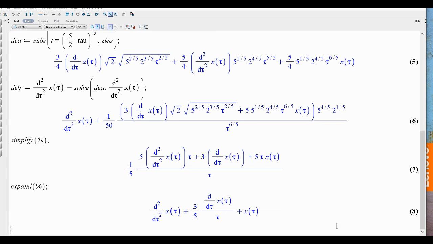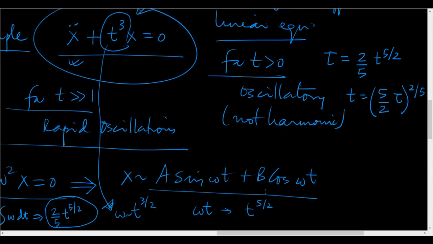Okay, very good. Now I hope you realize how wonderful this is, that this has become basically like a harmonic oscillator, only here is this thing that looks like a damping term, and it is 3/5 times 1 by tau. Okay, so now I'm going to play another trick. So this leads to,